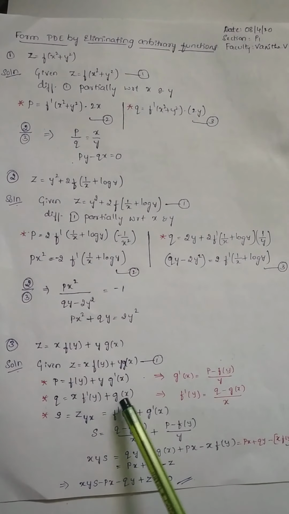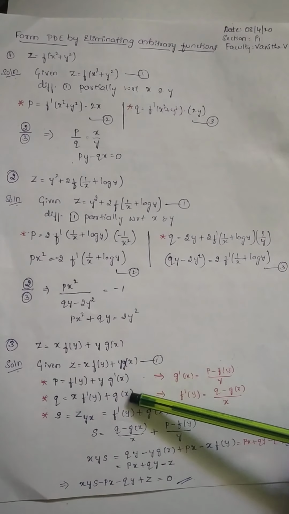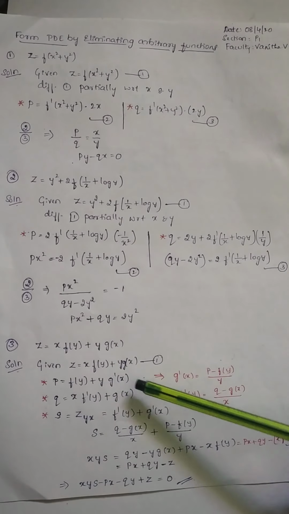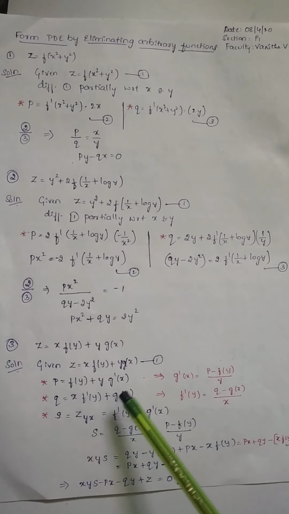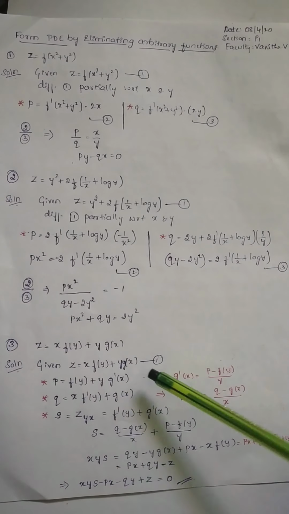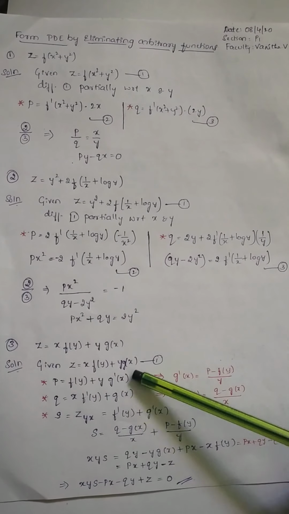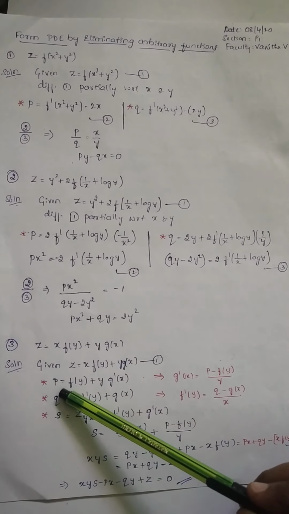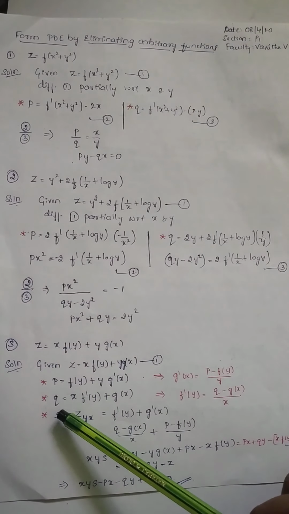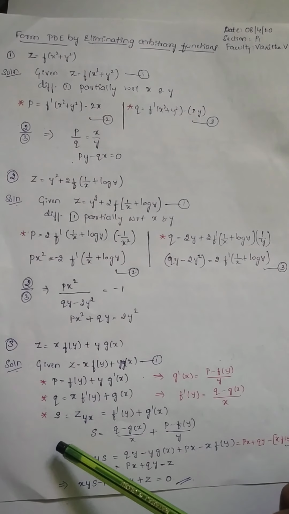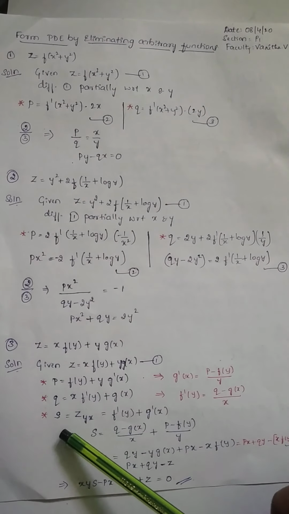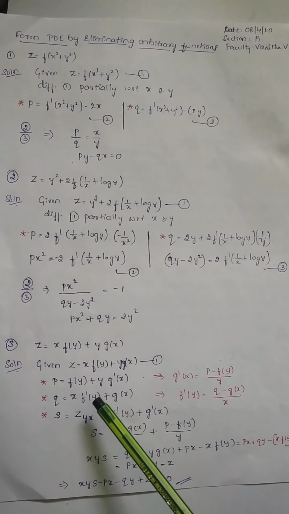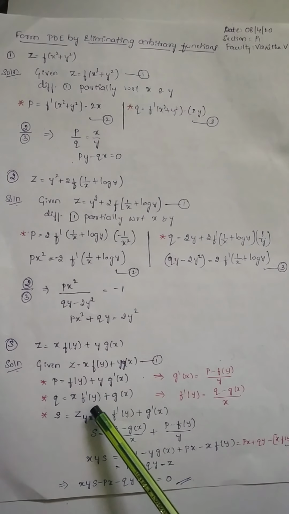And next, here in these two expressions you can easily observe two functions are there, and you cannot remove both the functions by using only these two. Okay, so you need to think of other derivatives you already know. So after pq we have mentioned r, s, t. Okay, so in r and t, if you consider double derivative with respect to x and with respect to y,